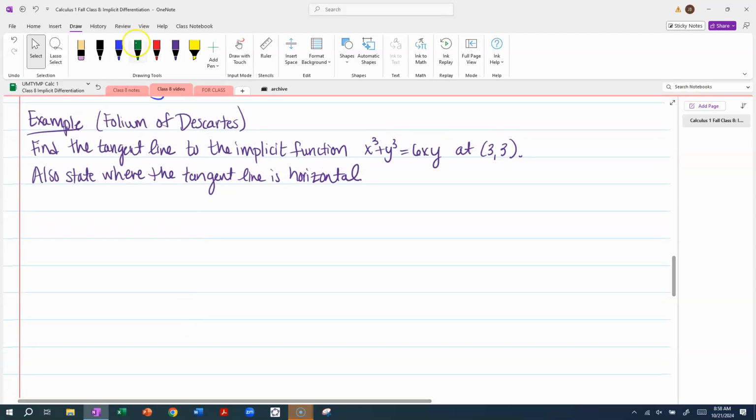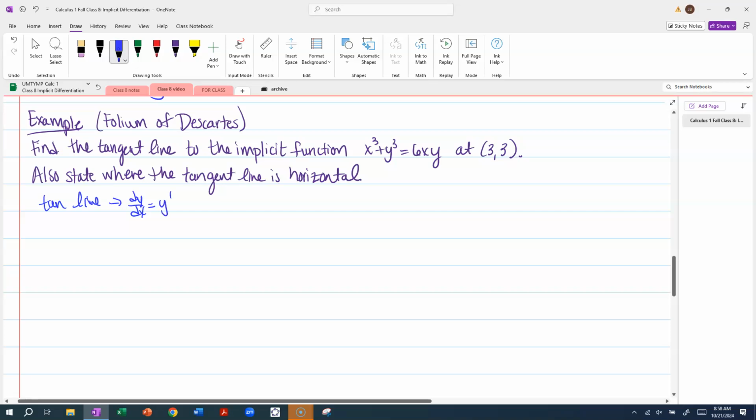Alright, as mentioned, we have several examples coming up. So first example says find the tangent line of the implicit function at that point, and then also state where the tangent line is horizontal. Okay, so remember, for a tangent line, we need to find the derivative, which is the same as y